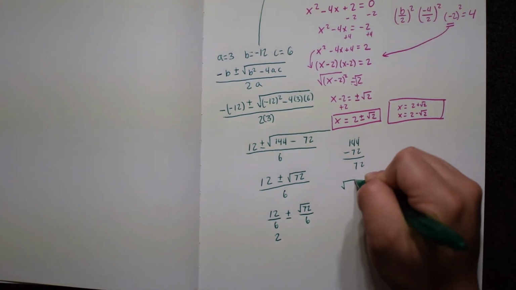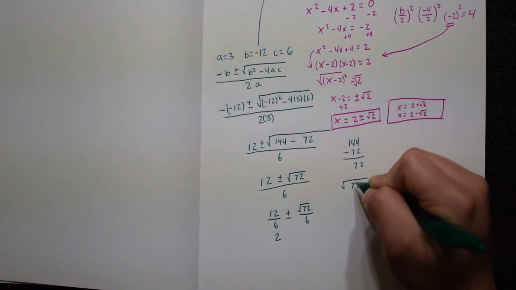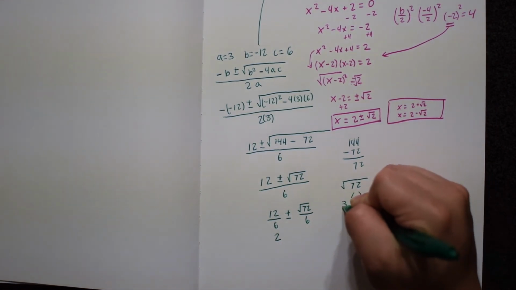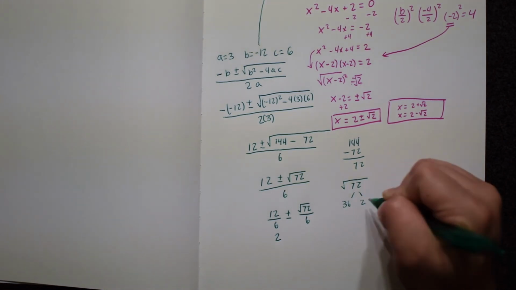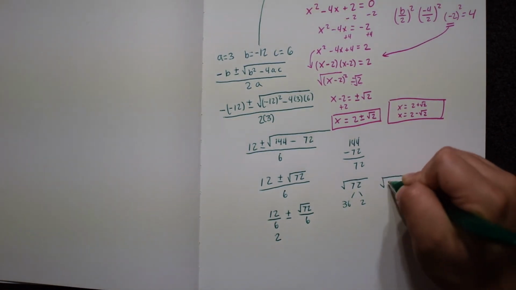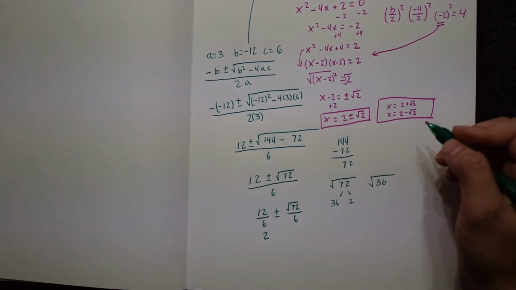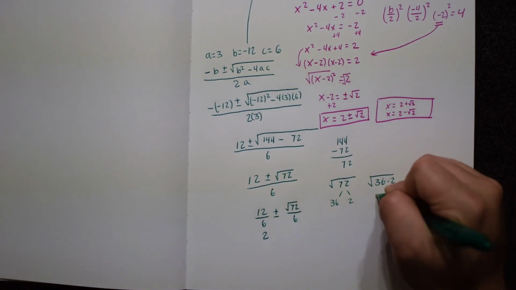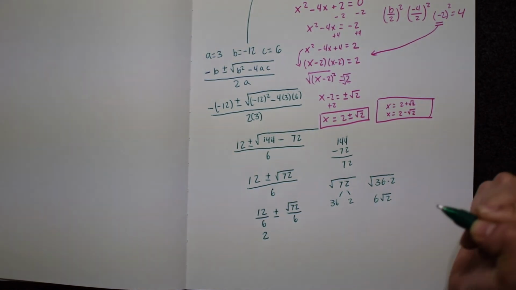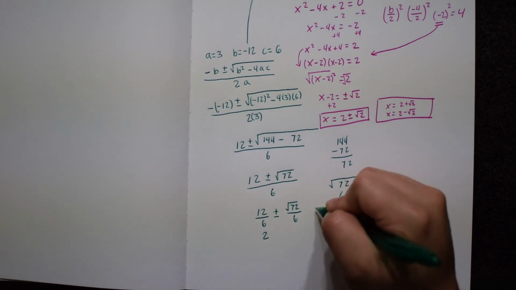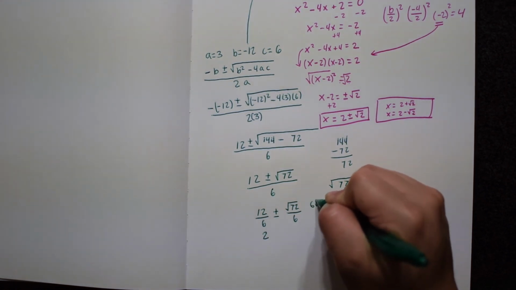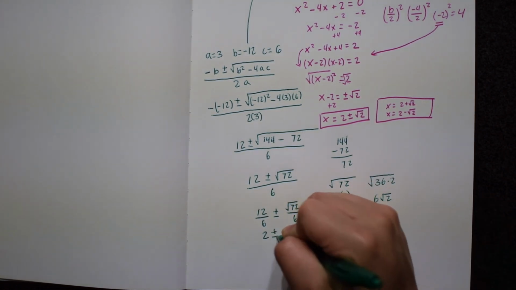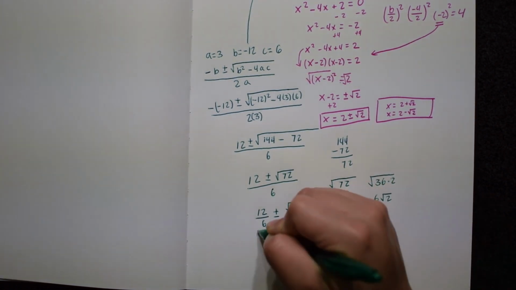And here I'm going to go ahead and need to simplify this square root. 72, the square root of 72 can actually be simplified into 36 times 2. So I'm going to take the square root of 36 times 2. And what's the square root of 36? We all know that's 6. So this is 6 times the square root of 2. So we can simplify this as 6 times the square root of 2 divided by 6. And the 6's will cancel out. So what I'm left with is 2 plus or minus the square root of 2, which is